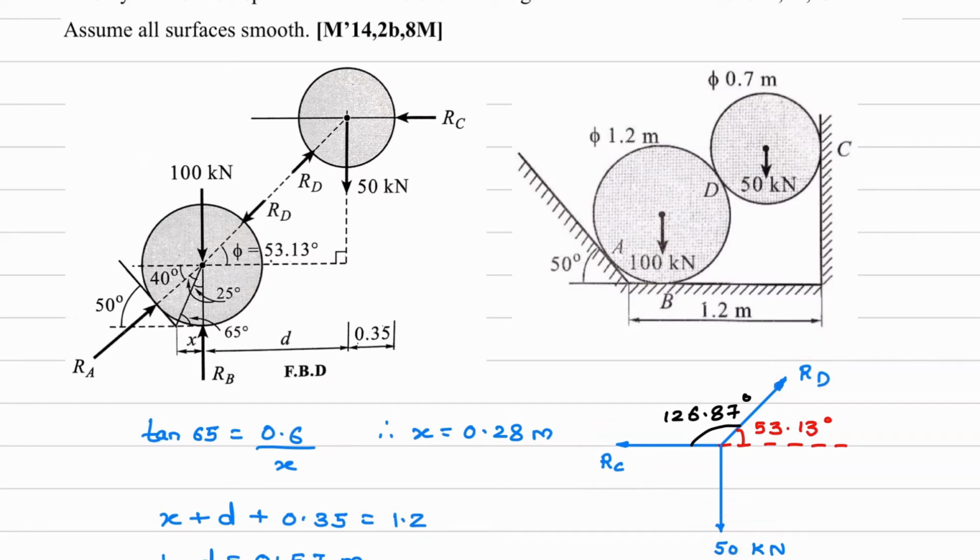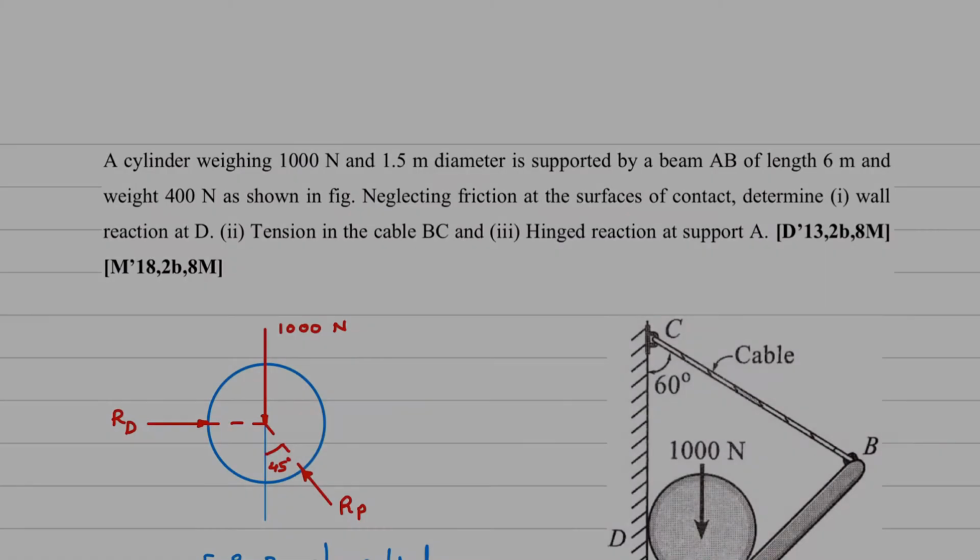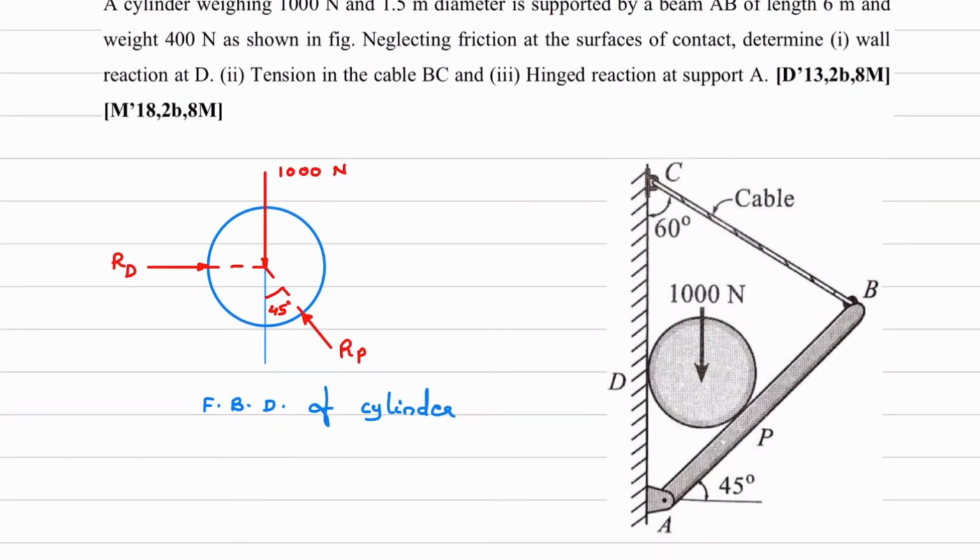Here even if you don't use Lami's theorem, that is fine. You can keep the FBD like this only as it is, but in that case you have to use summation Fx equal to 0 and summation Fy equal to 0. Using both the methods you will get the same answer, but make sure when you are using Lami's theorem, the nature of the forces are same. Either it is push nature, all the forces, or pull nature. Okay, then we considered FBD of lower body, again used summation Fx equal to 0, Fy equal to 0 to calculate the remaining reactions. Okay, now next numerical, this is again a very big numerical.